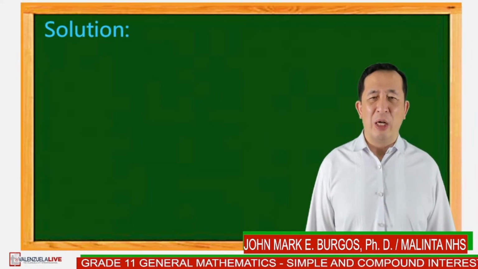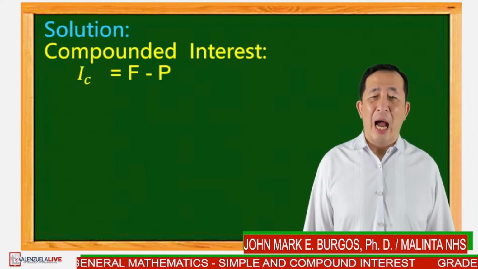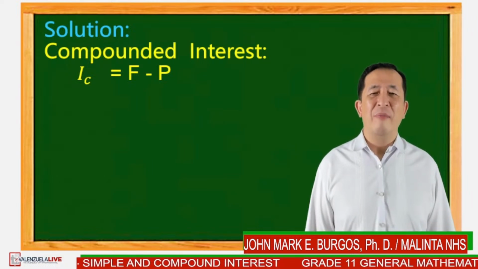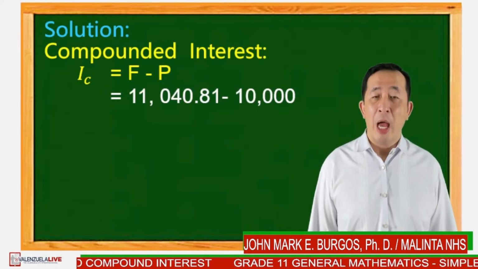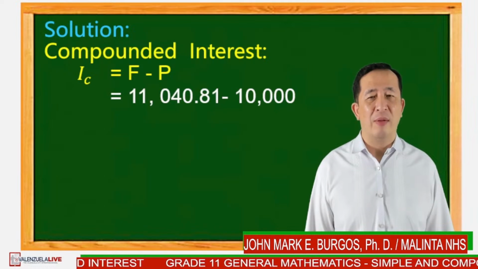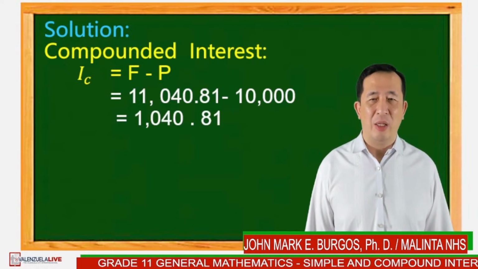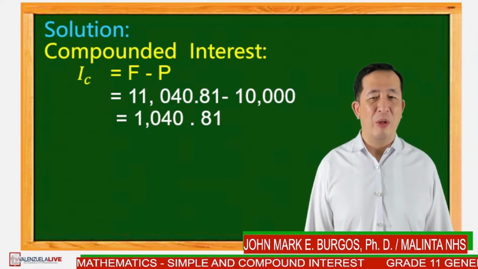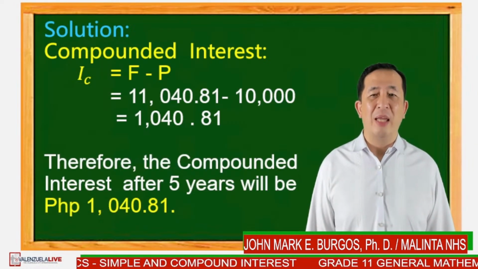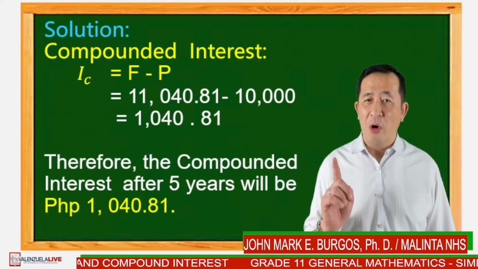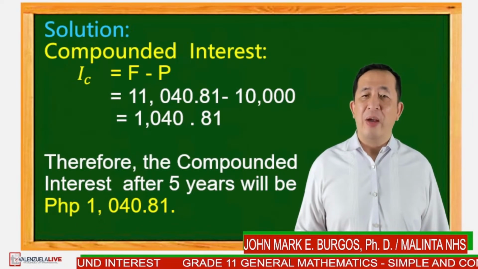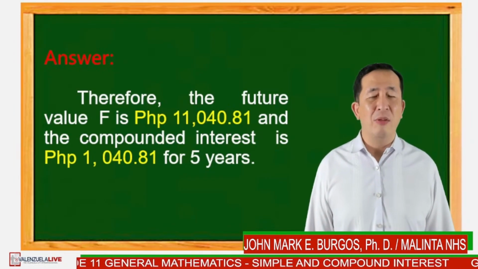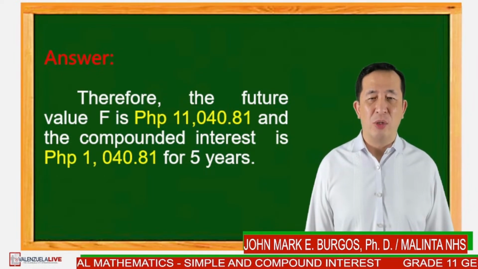Now, the solution for the compounded interest is I is equal to F minus P. To substitute the value, we have 11,040 pesos and 81 centavos minus the principal, which is 10,000, is equal to 1,040 pesos and 81 centavos. Therefore, the compounded interest after 5 years will be 1,040 pesos and 81 centavos. Therefore, the future value F is 11,040 pesos and 81 centavos, and the compounded interest is 1,040 pesos and 81